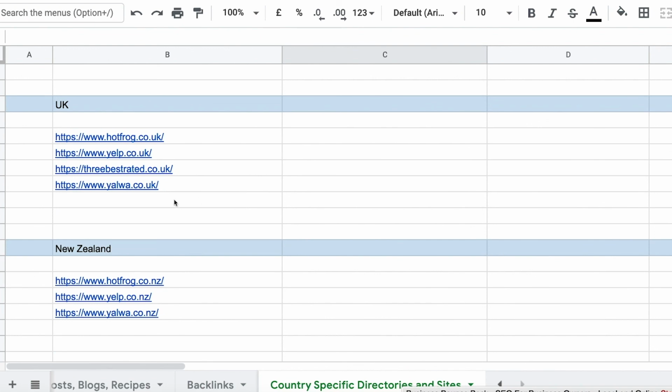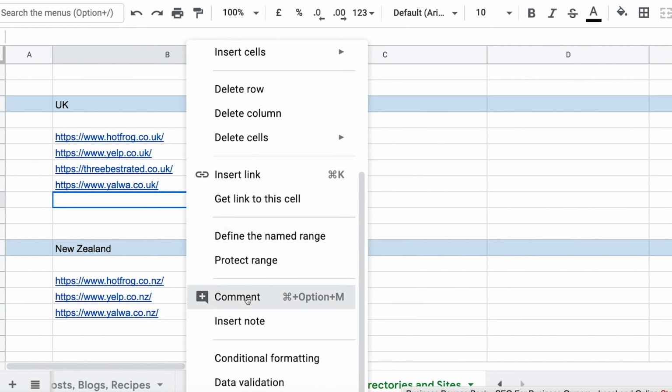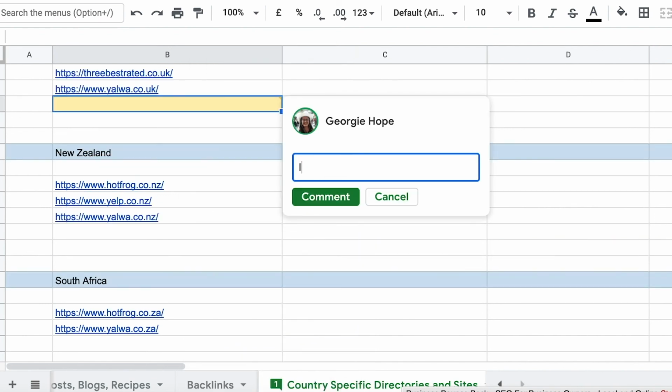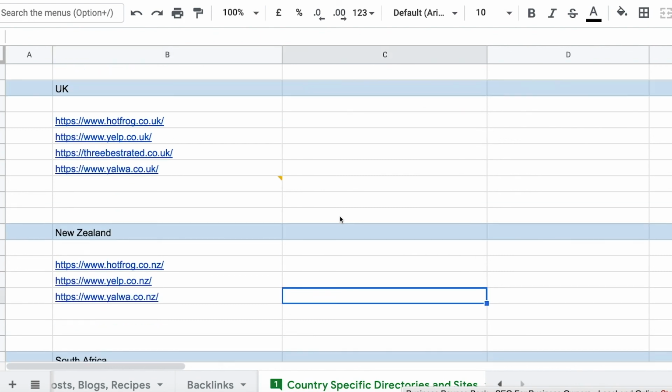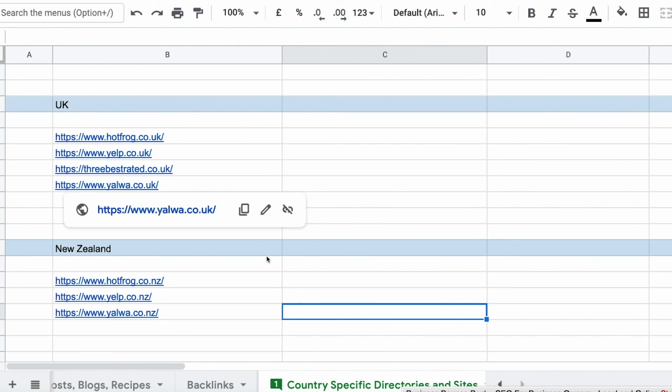So what would be really awesome is if you are, for instance, in the UK and you find a site that is very specific to the UK with a .co.uk, then what you can do is you can come into this spreadsheet and you can right-click and you can go down here where it says comment, and then you can add a comment. I found this site, and then just paste in what it is, .co.uk, and then you can save that as a comment. And so what happens is that it will then have this little orange arrow there, and when anyone hovers over that,